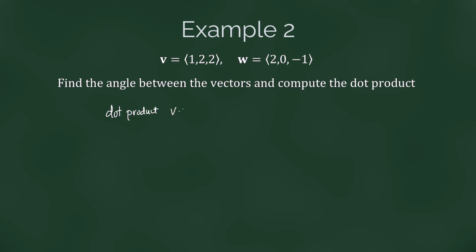So our dot product v dot w is going to be 1 times 2 plus 2 times 0 plus 2 times negative 1. And that is 2 minus 2, which is 0. Well, now we don't even need to use geometry or trigonometry to calculate the angle because this tells us that these vectors are perpendicular,